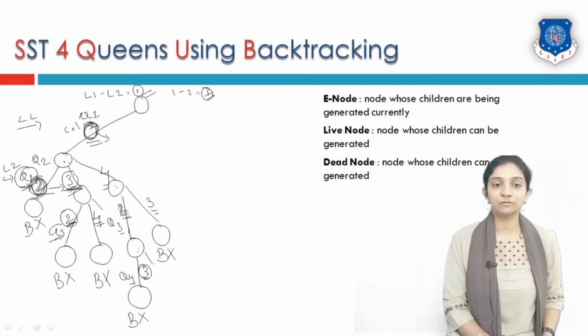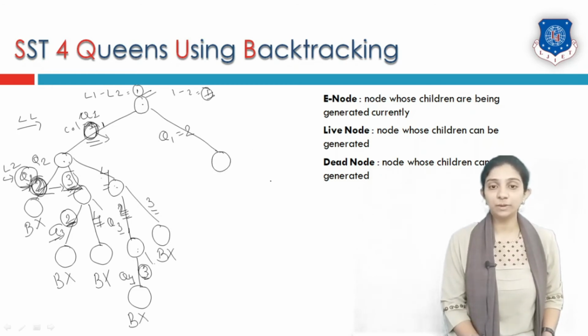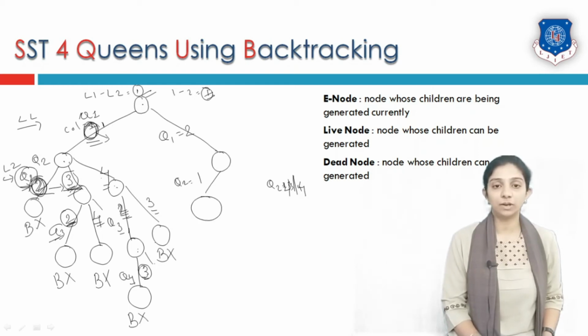Nothing is working out, so we must again go back one step and try to change the position of queen 1. So let us try queen 1 in some different column. Previously I have tried queen 1 in column 1. Now let me try putting queen number 1 in column number 2. If queen 1 is placed in column number 2, for queen number 2 we are left with only options 1, 3 and 4. Let us start placing queen number 2 in column 1.